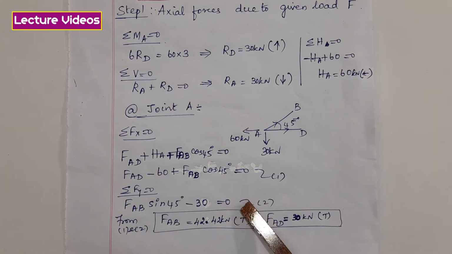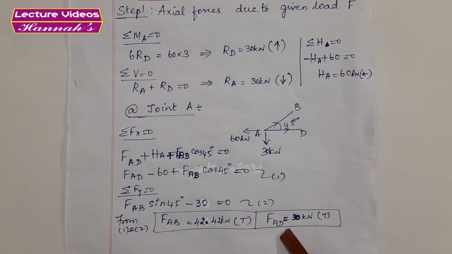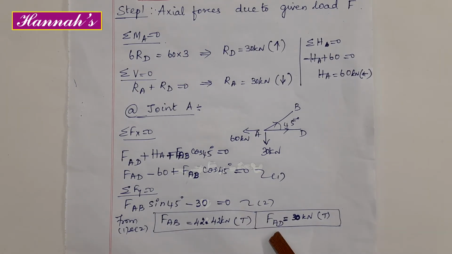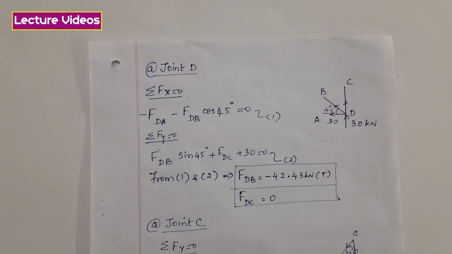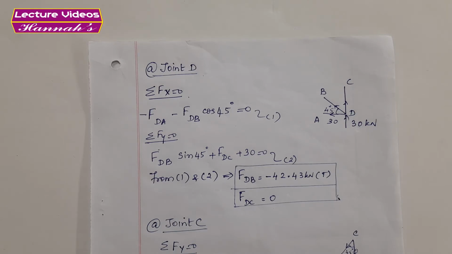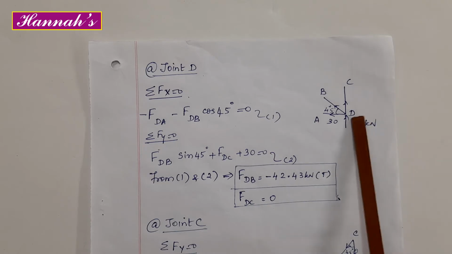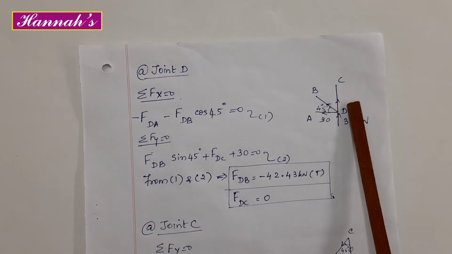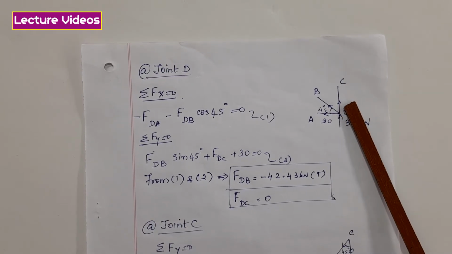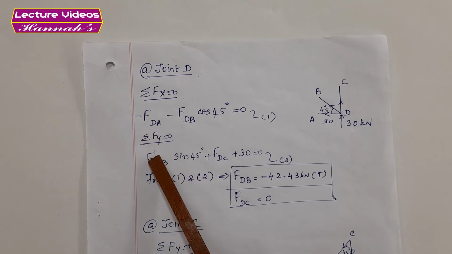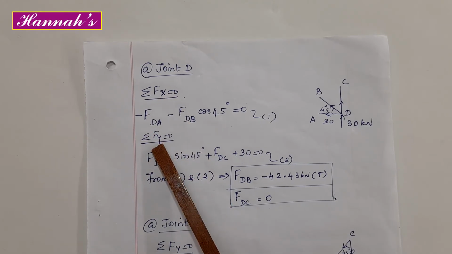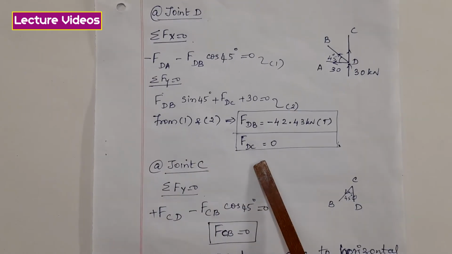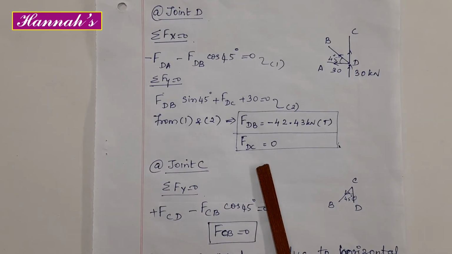From 1 and 2, I can solve to find the unknowns in the members AB and AD due to the given load system. At joint D, there are 3 members coming out. So at D, DC value is unknown, DB value is unknown. DA value is known in the previous step. So the member forces in the unknown members are assumed to be tension. I write equations along sigma Fx and sigma Fy, solve, and get the values of the member forces along DB and DC.